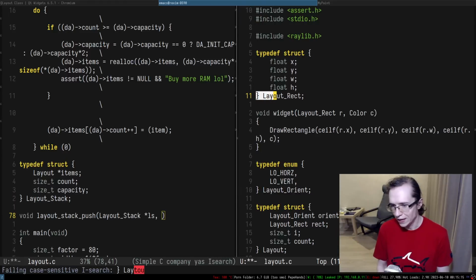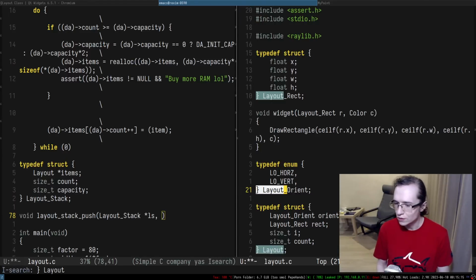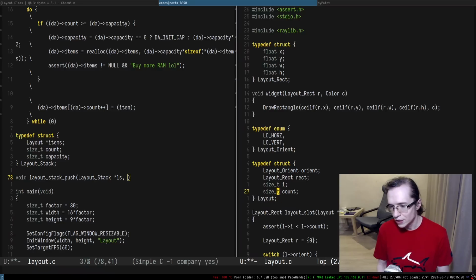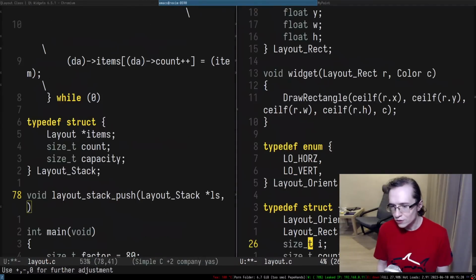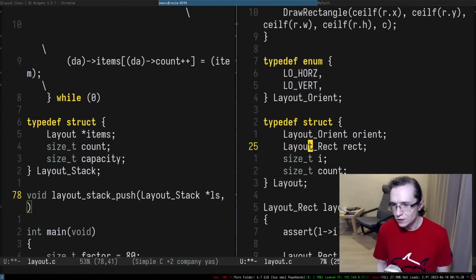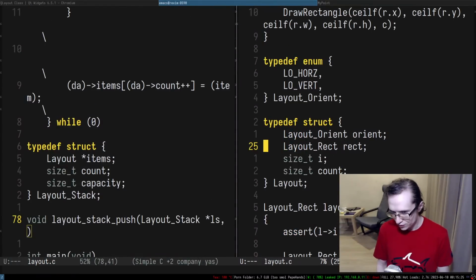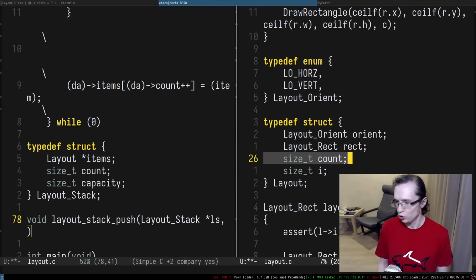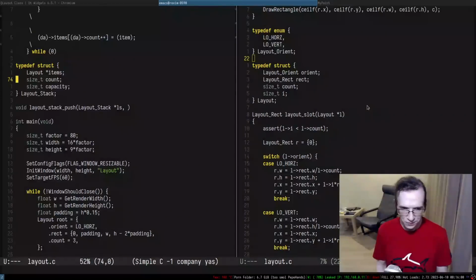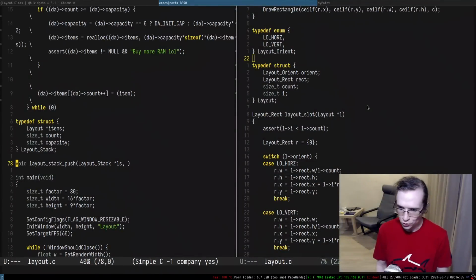So where is the layout? Here it is. Suppose one of the things we want to be able to accept is the orientation, rectangle, and count, right? These 3 things are super important for us.